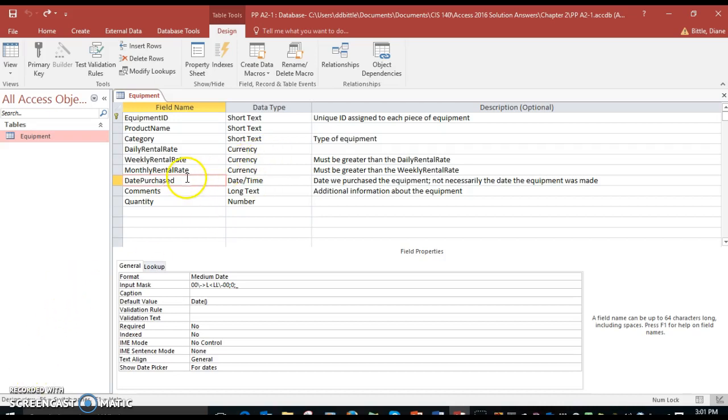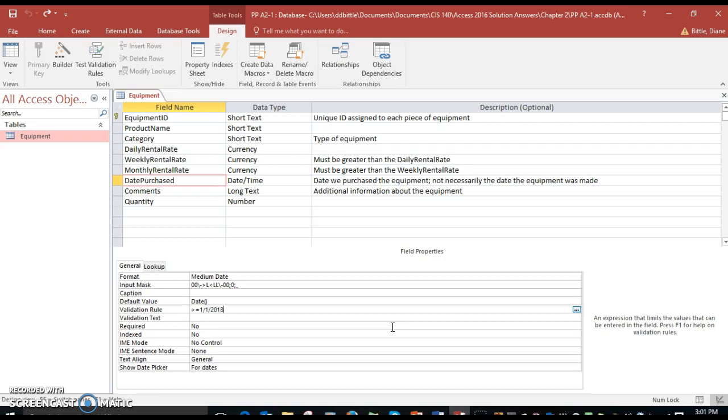You know how when you start a new year and you start writing checks, typically, let's say it's the beginning of January 2018, you start writing a check January 1st and you automatically put 2017, the year before. Well, what you can do to prevent somebody from accidentally doing that is you can create a validation rule for a date field. And all you need to do is you come down to the validation rule and you say greater than or equal to